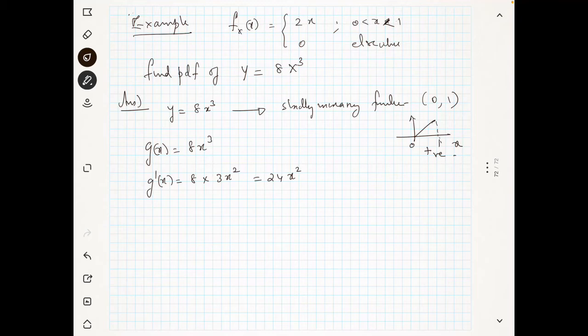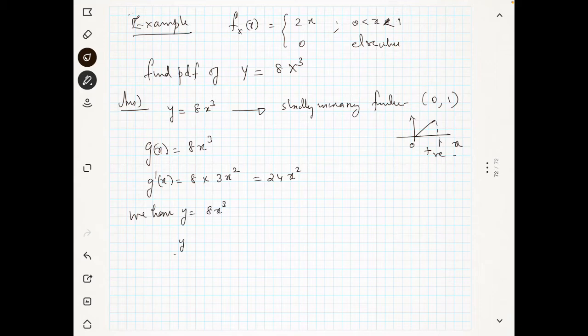So now we will see what the root of this equation is. Since we have y equal to 8 into x cube,